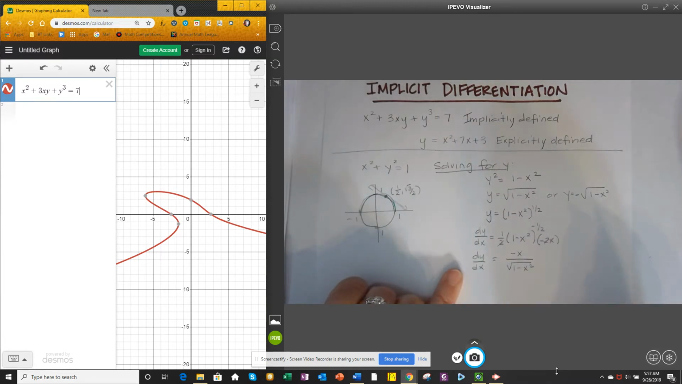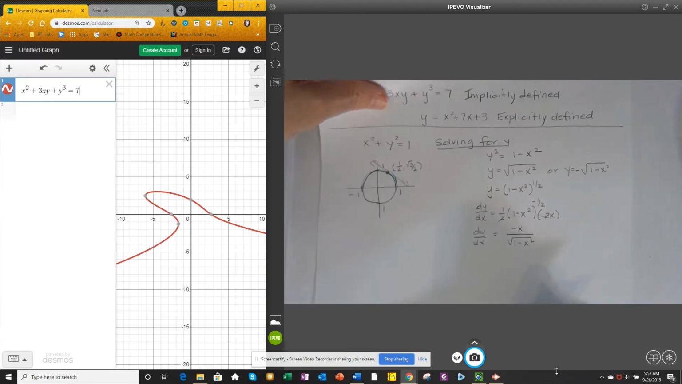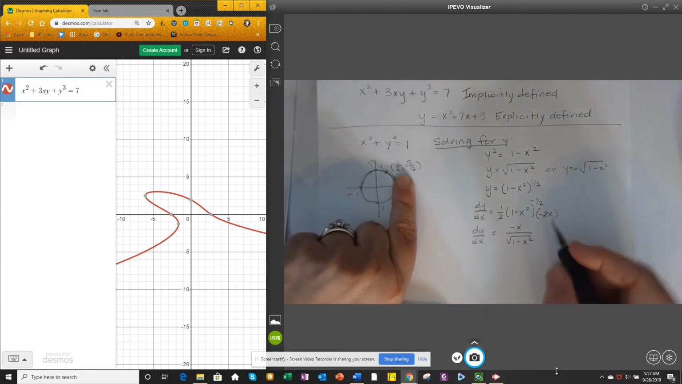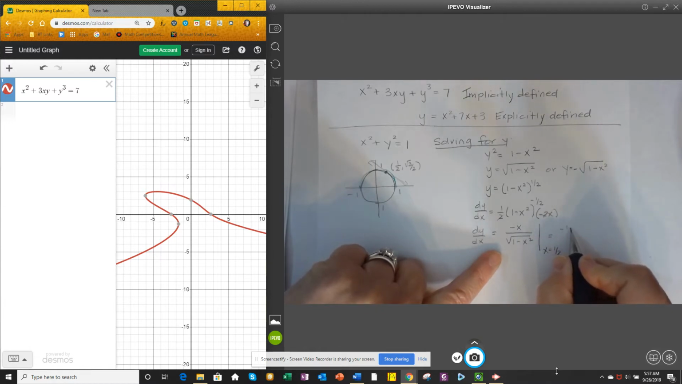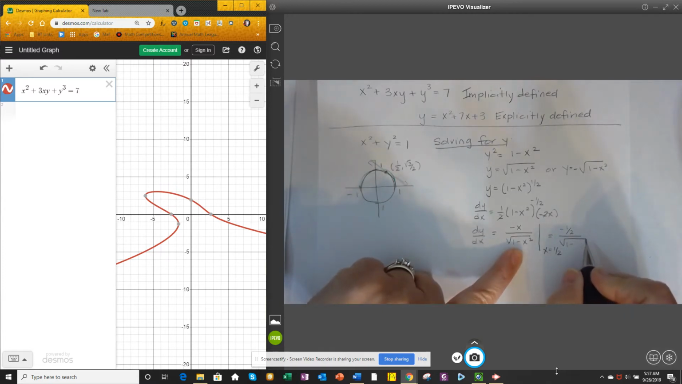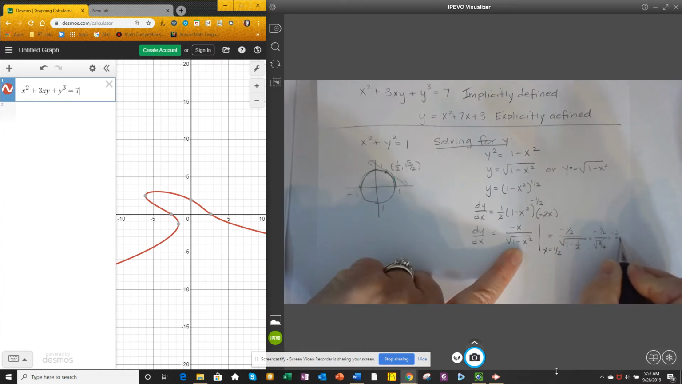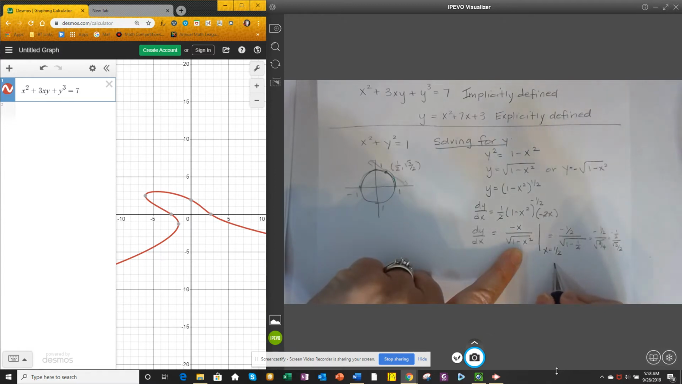And that's what dy dx is. But I want to find the slope at this point. So I'm going to go such that x equals 1/2. When I plug those numbers in, I'm going to get negative 1/2 over the square root of 1 minus 1/2 squared, which is 1/4, so we can put 1/4 in here. So this would be negative 1/2 over the square root of 3/4, which would be negative 1/2 over root 3 over 2. And I can simplify it one more step here because the 2's cancel, and I get negative 1 over root 3,